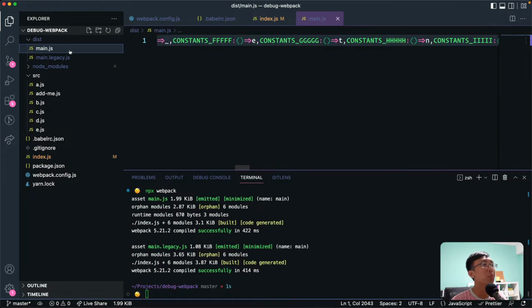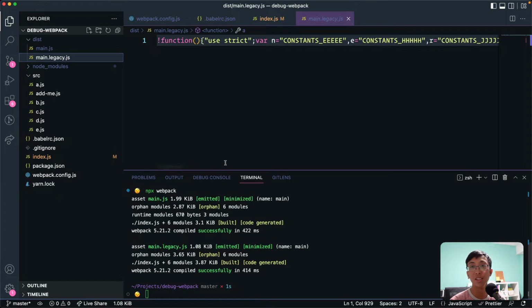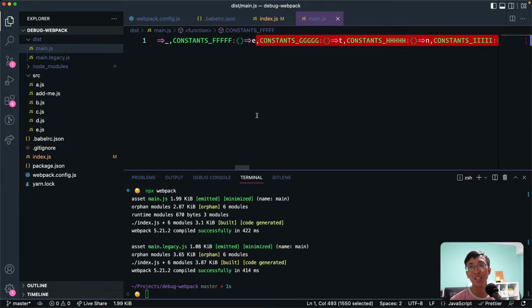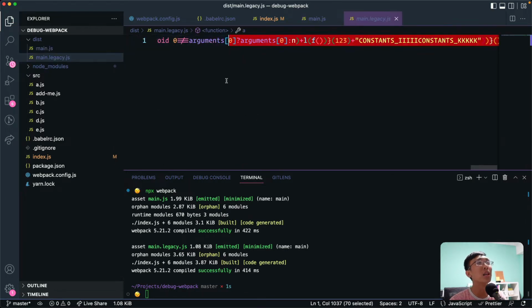You'll notice that the main file is 1.99 kilobytes, and the main legacy is 1.08. Now, it's the other way around, where the modern build is almost 2 times as big as the legacy build. Right? So if you try to take a look at what we have in the code,